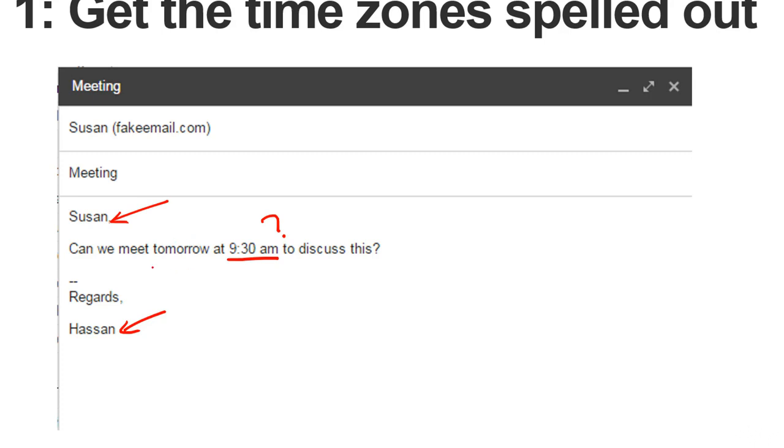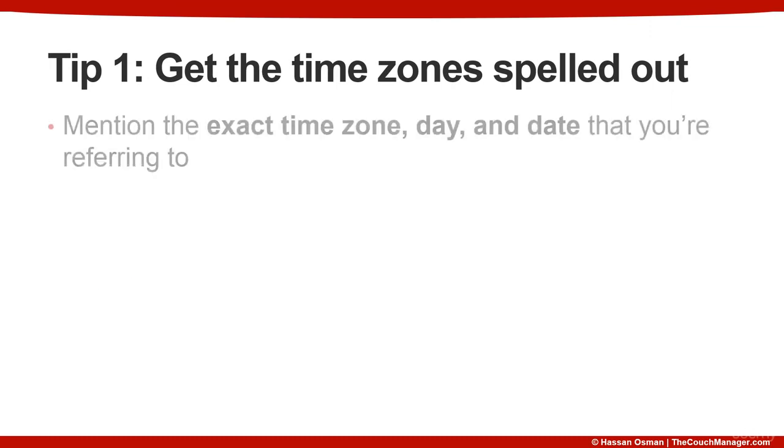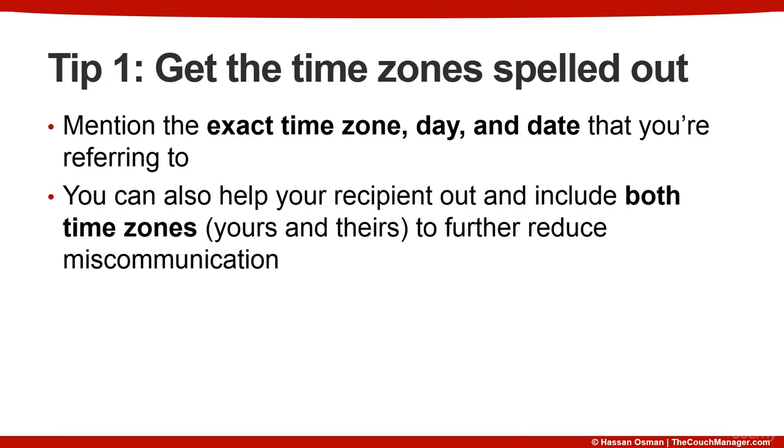time zone. And another point of confusion is tomorrow. If Susan lives in Australia and I live in the US, then tomorrow for me might mean something completely different than tomorrow for her. So that needs to be clarified. So what you should do is mention the exact time zone, day, and date that you're referring to in your email messages. And you can also help your recipient out and include both time zones, yours and theirs, to further